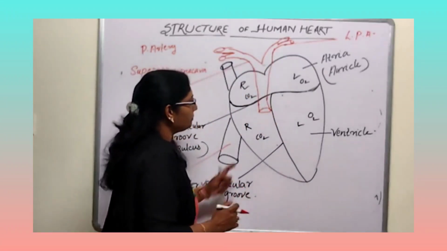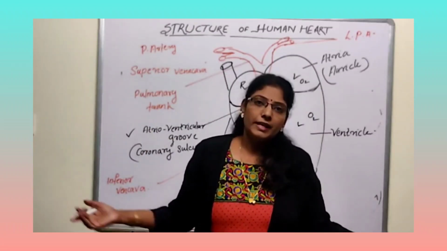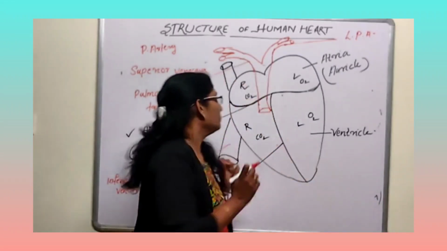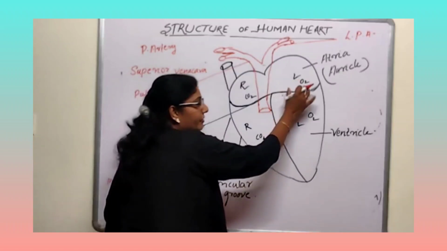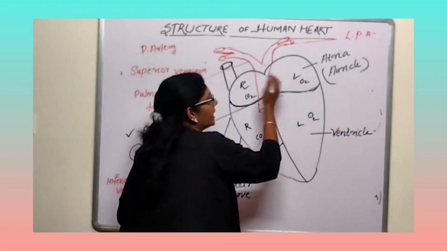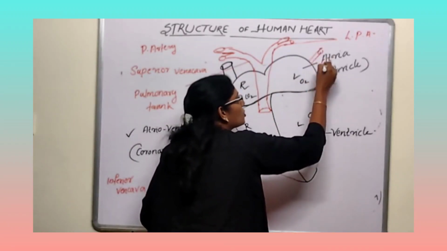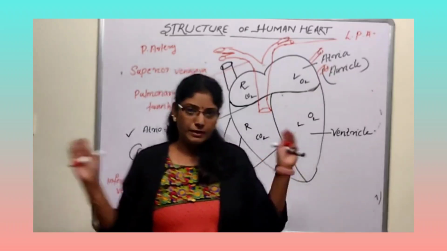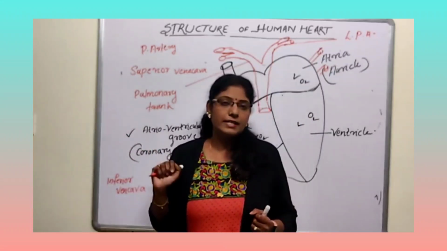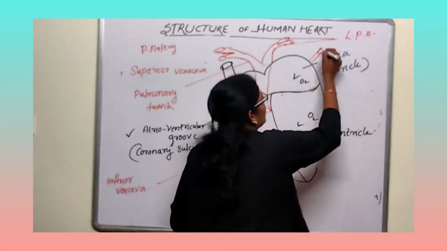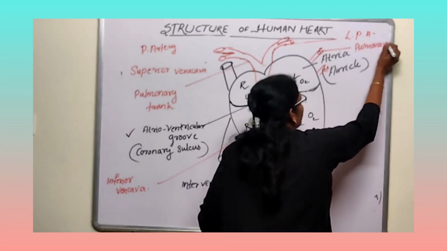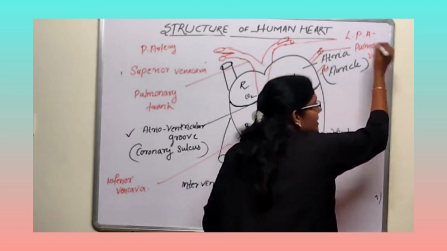Now we can see that after purification, the blood is coming back to the heart. Okay, so from this lung and this lung, the blood will come to this left side. We studied that the left side consists of oxygenated blood. So this blood will reach from this side, two veins are there. From this side also two veins are there. They will carry the blood. So total 4 veins, 2 pairs are there. Okay, one pair from this lung, another pair from this lung. These blood vessels are called pulmonary veins.